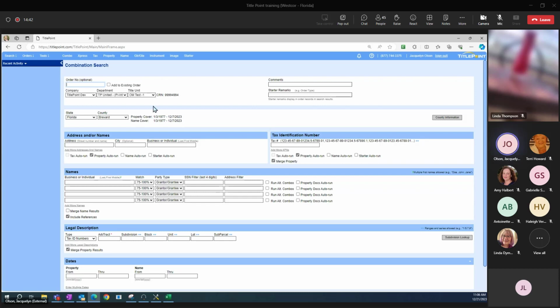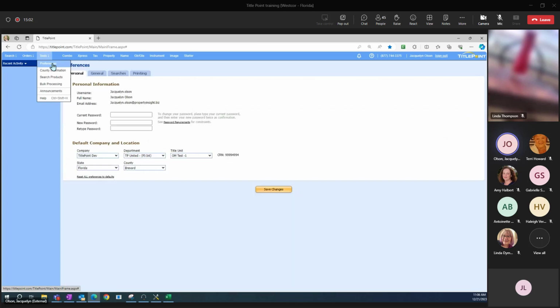All right, so once I've logged into TitlePoint, I have landed on the combination search page, and I'm going to talk a lot about this page in just a minute, but before I do, I want to dive into a little bit of the preferences. Being that I landed on the combination search page, this is because I have set this as my own default. If you ever go into Tools and Preferences,